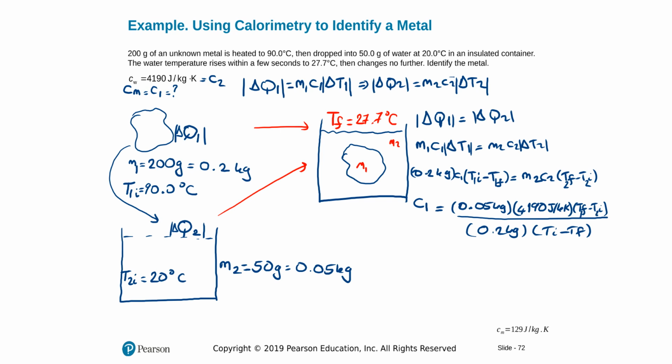Final temperatures are the same, so we can just go ahead and call them the final 27.7. And initial temperature for, let's go ahead and put in all these values. Let me drop the units here so I'll have some more space. I put everything in appropriate units, SI units. I'm gonna get my C as joule per kilogram Kelvin. T final for water is 27.7